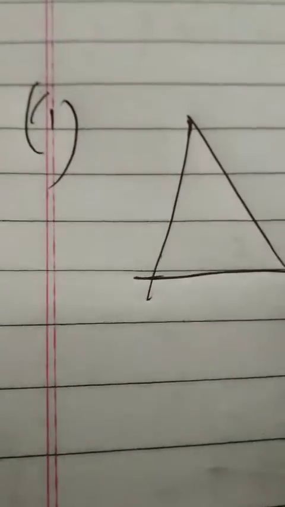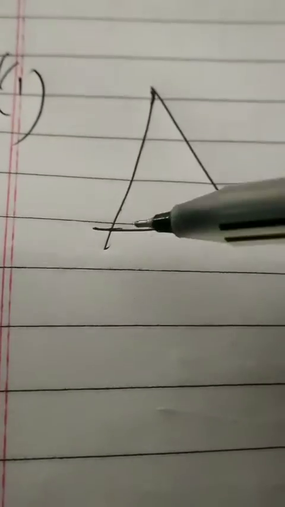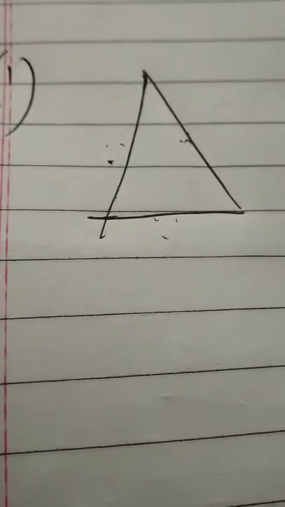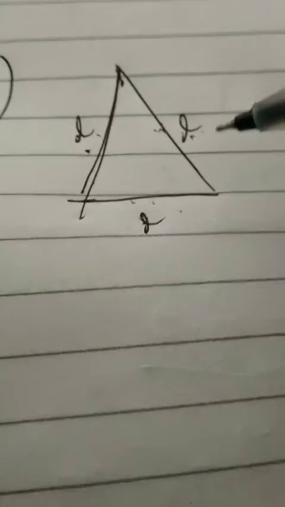So in the first question, question number 1, it's been asked that the side of an equilateral triangle is shown by L. Express the perimeter of the equilateral triangle using L. Children, this is an equilateral triangle. The equilateral triangle means a triangle in which all three sides are measuring the same. It's known as equilateral triangle. So the measure of one side is given L, other side is L, this third side is also L. The measure of all three sides are L.